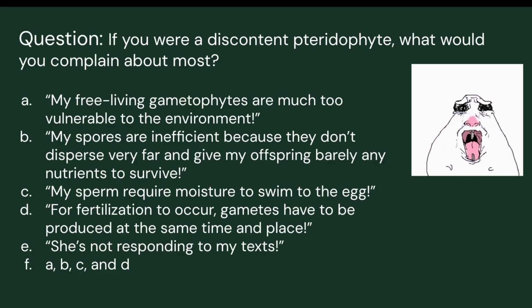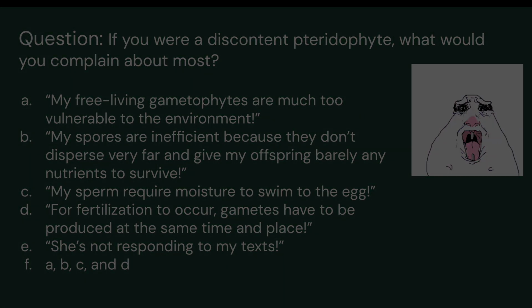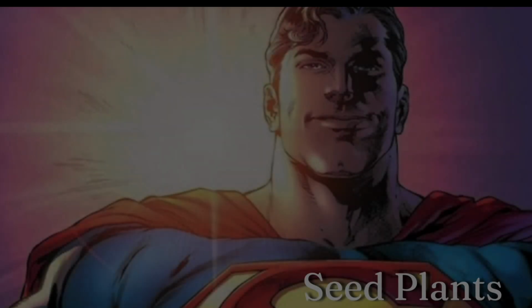Or maybe the egg is not produced at the same time as the sperm and you have this whole big issue. It's just that these spores just suck, and I really wish that there was a way to improve on this design. I just don't know what to do. Wait, what's that sound? There's a star